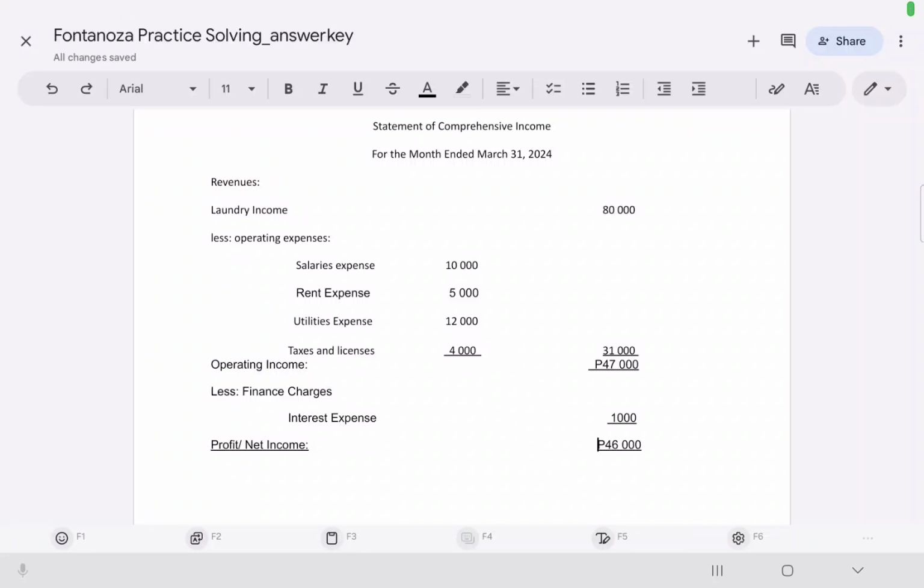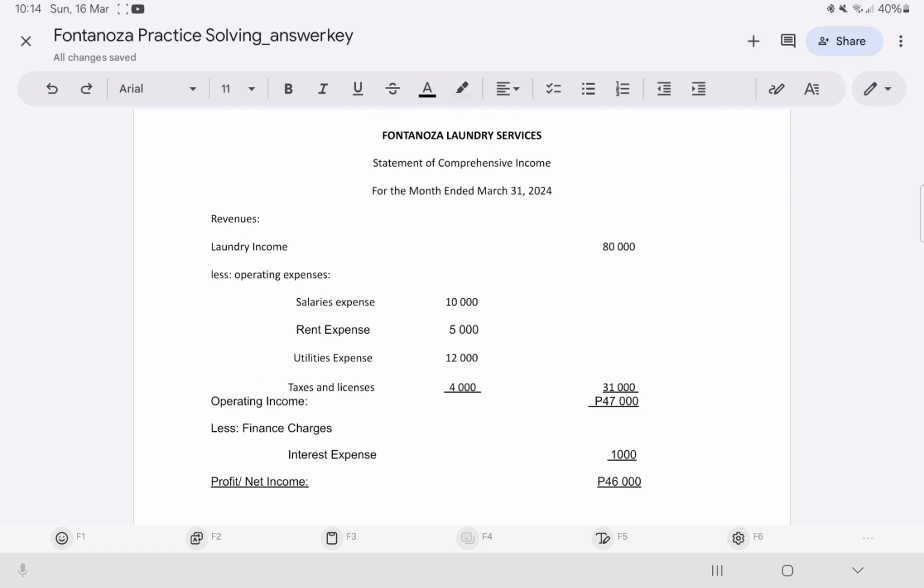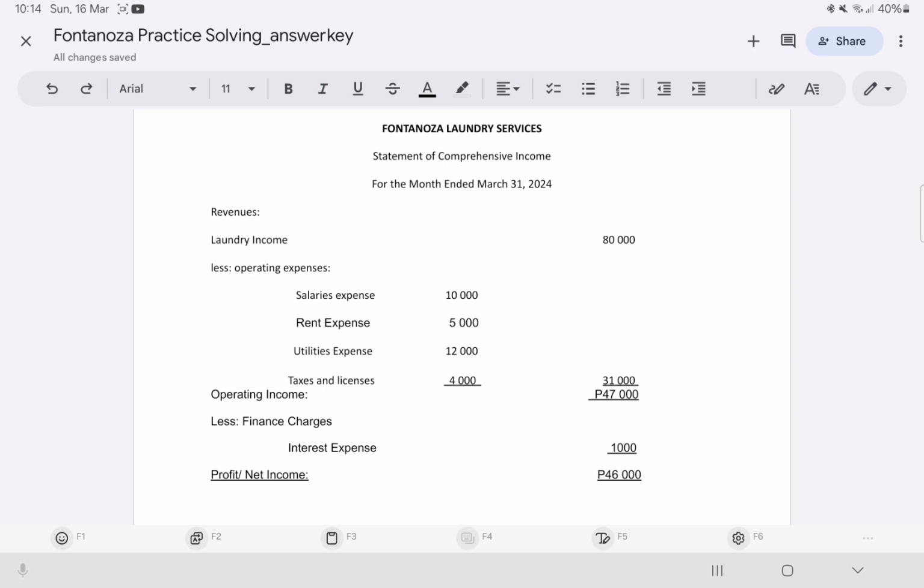Hello everyone. Let's continue solving the statement of comprehensive income under the problem of Fontanoza Laundry Services. Okay, so this is the computation of the statement of comprehensive income, and try to look at the format. When we say statement of comprehensive income, this is a statement wherein we can evaluate if the business earned income or